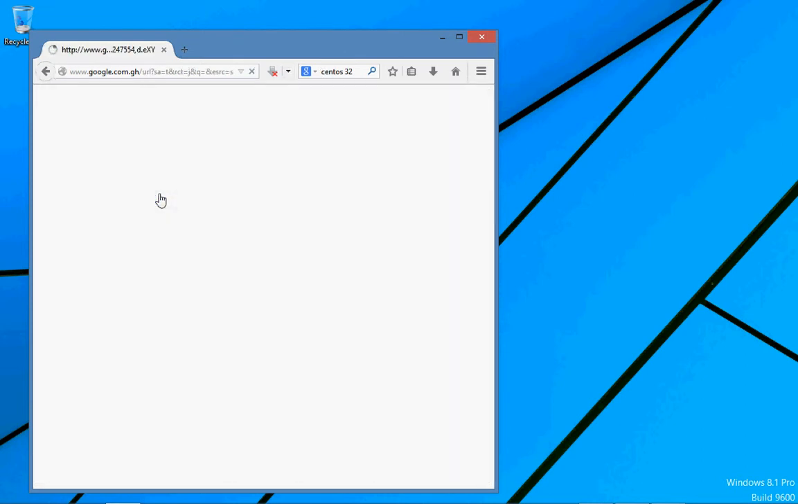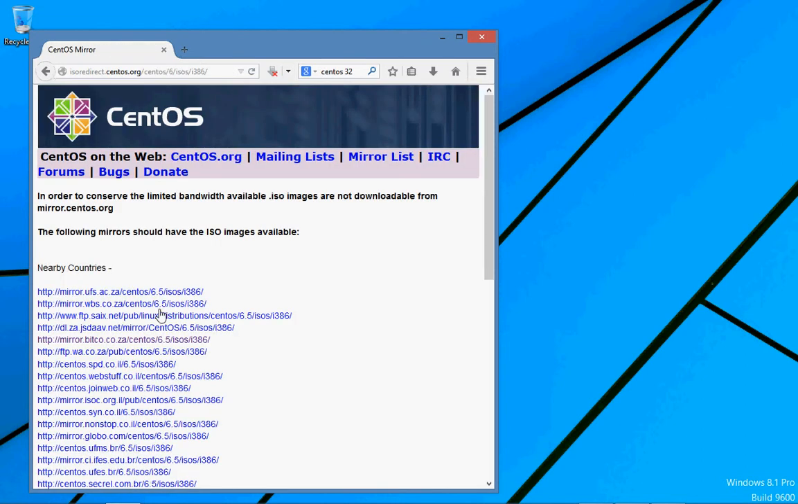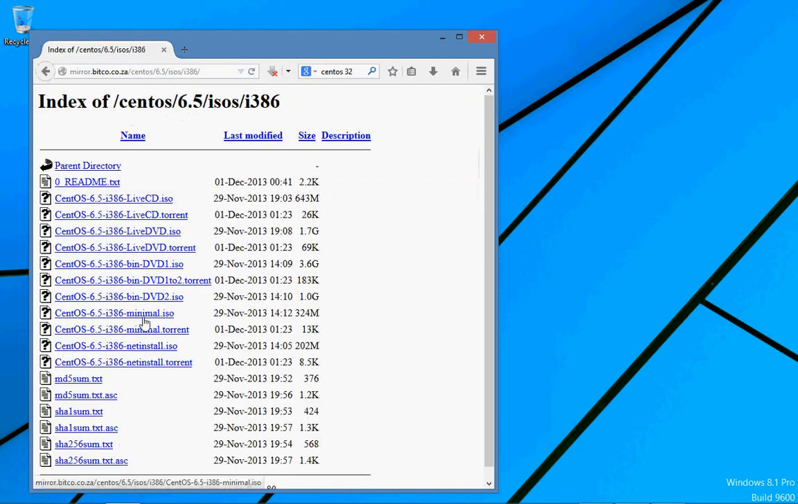So we are going to find the mirror downloads, then download from the nearest mirror. Since I'm in Ghana, Africa, I'm going to download the one from Zambia. So I'm going to download this one. So I'm going to choose the